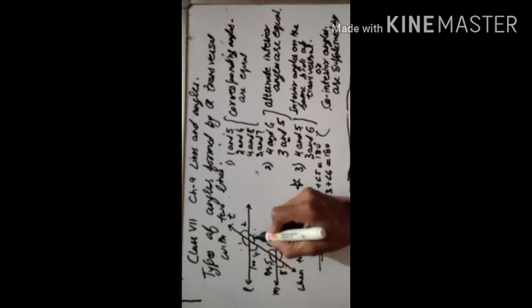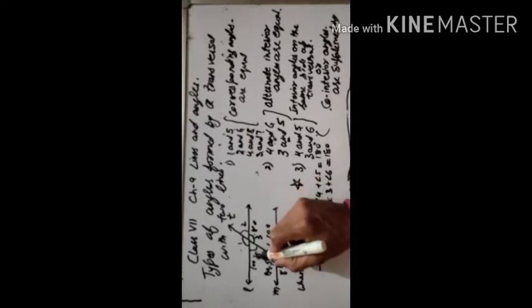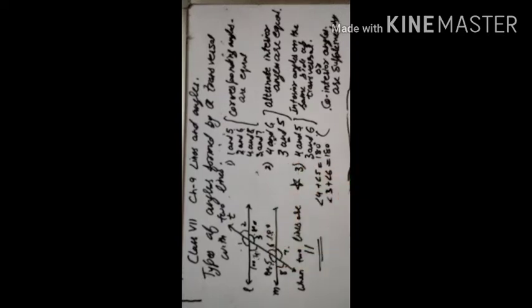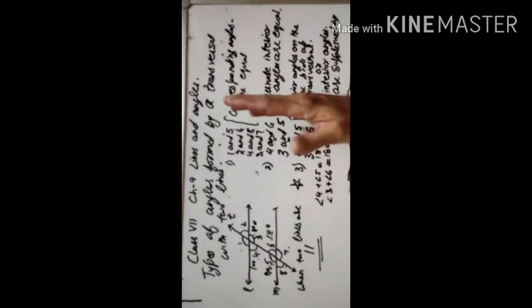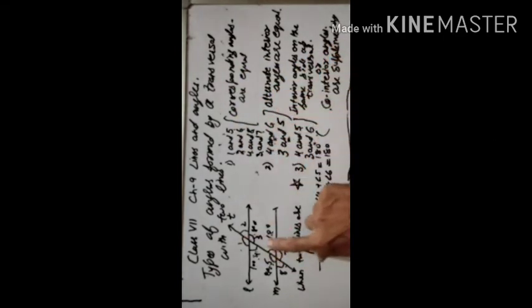This is 100, this is 80. The alternate angles are equal. This is 80, this is 100. Alternate angles are equal. Co-interior angles are supplementary. So if co-interior angles are supplementary, then also the two lines are parallel. These conditions are: if alternate angles are equal, then also these two lines L and M are parallel. If these angles are not equal and these are not supplementary, the third case, then these two lines are not parallel.